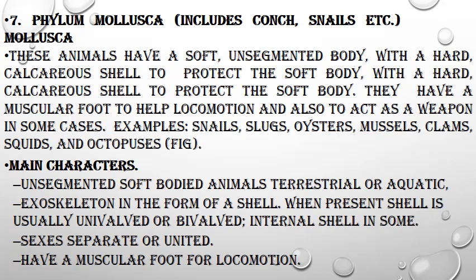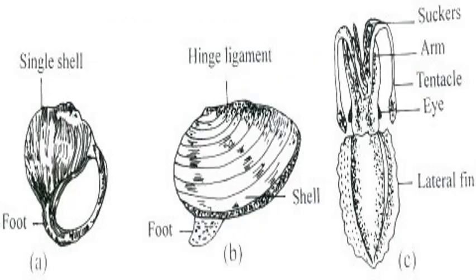Main characters: unsegmented soft body animal, terrestrial or aquatic. Exoskeleton in the form of a shell. When present, shell is usually univalved or bivalved. Internal shell in some, sexes separate or united, have a muscular foot for locomotion. This is the structure of members of